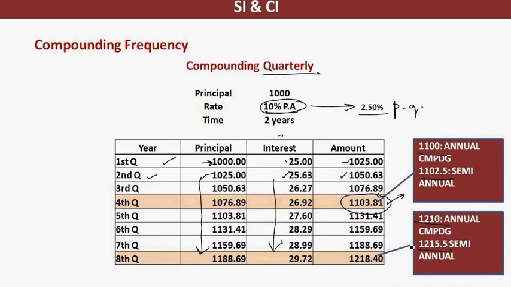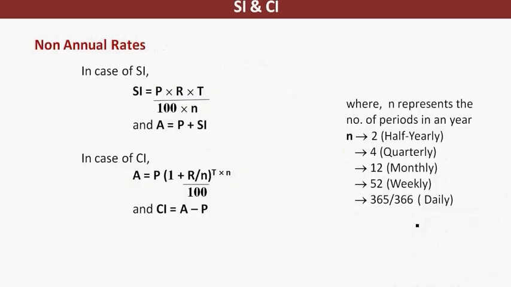So, the more the compounding frequency, the more is the interest, and therefore the more the amount that you end up with. The higher the compounding frequency, the better it is for the end user, because it will be more interest that the user would be able to get out of the investment that he or she has made. If I look at a case of monthly compounding, the amount at the end of 1 year and 2 years would be even much more than the case of quarterly.